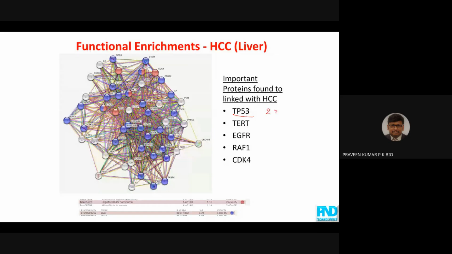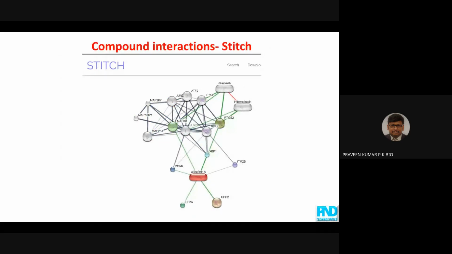23 percentage of the hepatocellular carcinoma patients are diagnosed with this important gene. So these are the other genes responsible for HCC. And the compound interactions can also be found from another database called Stitch, where withaferin is a plant compound. It is interacting with these proteins, PAWR, EF2A, and similarly, you can find that drugs indomethacin, celecoxib can also interact